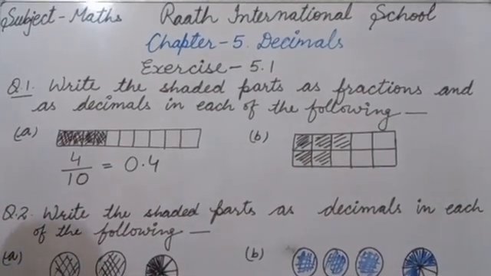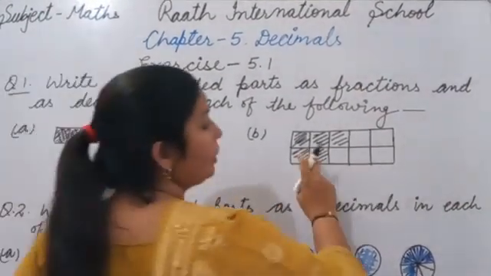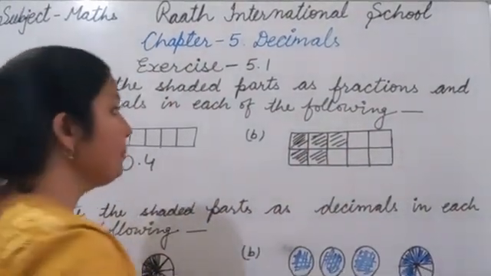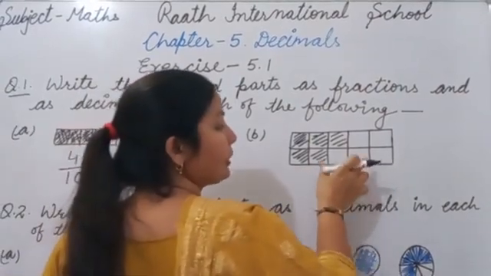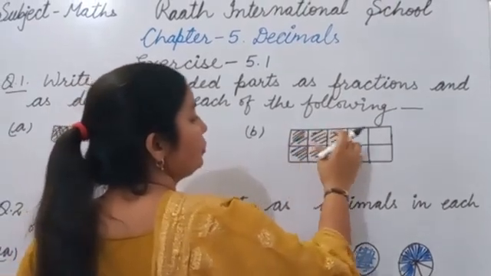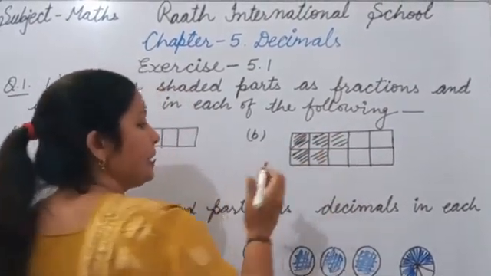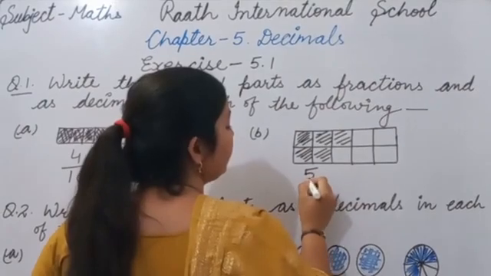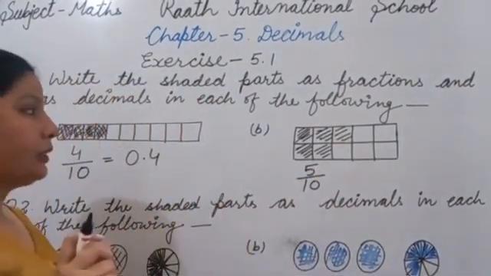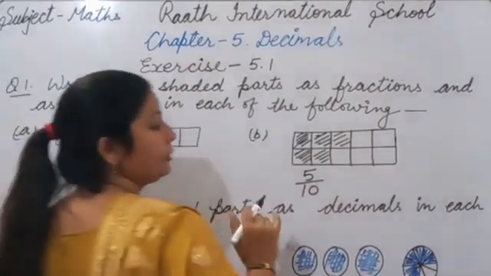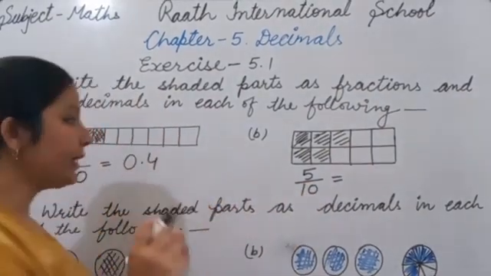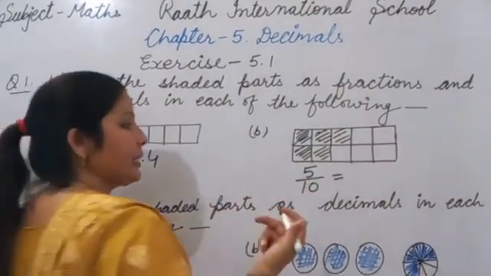Now it's B part. In B part again there is a rectangle and it's divided into 10 equal parts. Okay, so our denominator will be the total parts and the numerator is how many parts are shaded. So 1, 2, 3, 4, 5 parts are shaded. So the fraction becomes 5 upon 10. Shaded part upon total part. So this is our fraction. Now we write it into decimal form. So again there is 10 in the denominator, so after 1 digit there will be a decimal. So it becomes